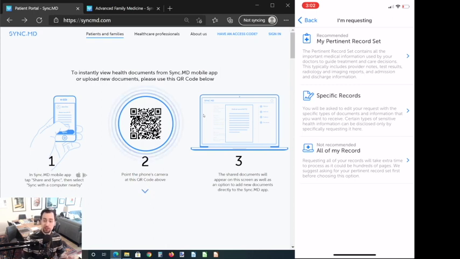As you can see, now the app is going to ask me, well, what kind of records would you like to request? We offer 3 different options. You can either request your pertinent record set. This is known within the healthcare community as kind of a summary and up-to-date concise listing of your current health status, your allergies, current diagnoses, medications, basically what another doctor would need in order to get up to speed and be able to treat you in an informed manner. So that's what we normally recommend that users request, as your doctors don't need to see every 500 pages of